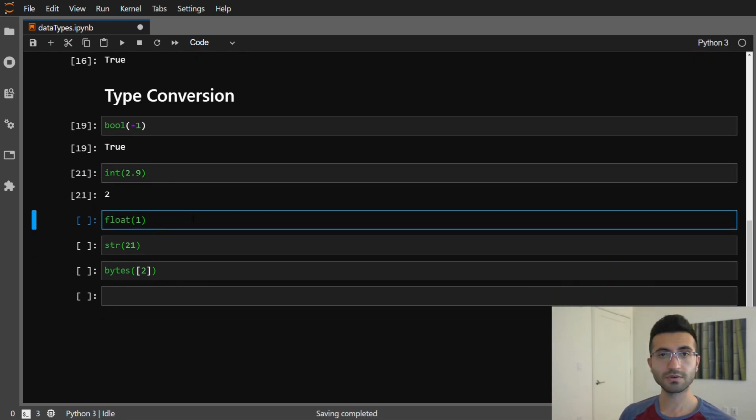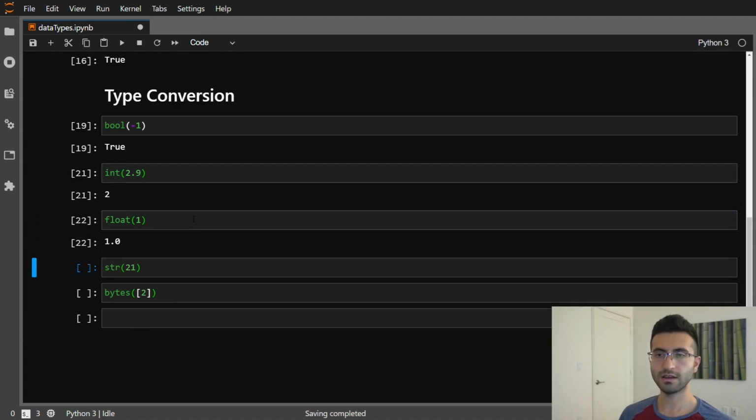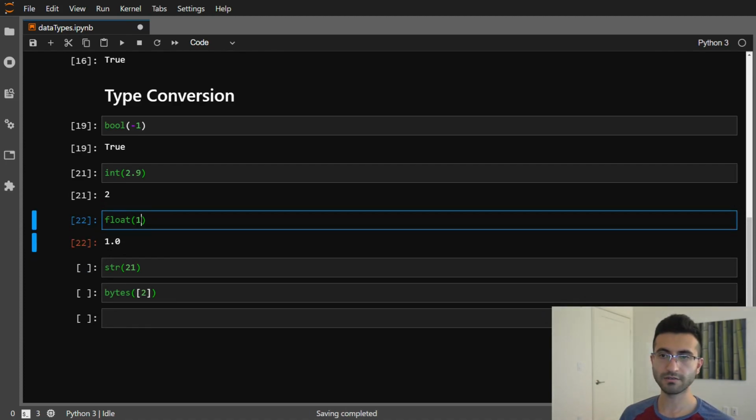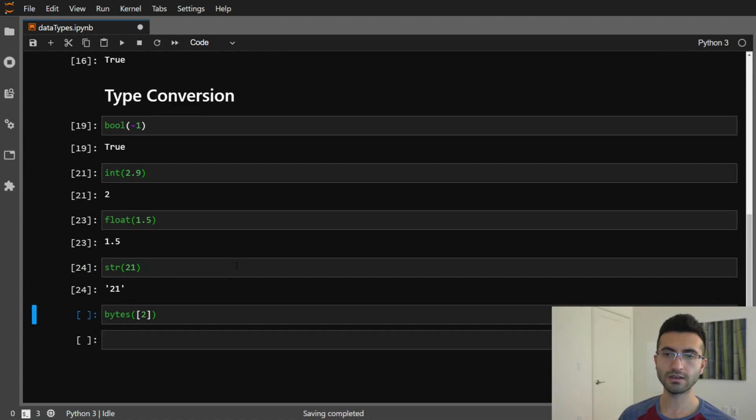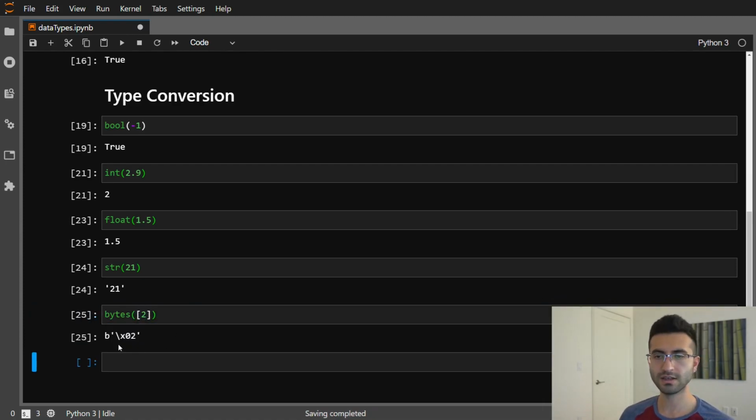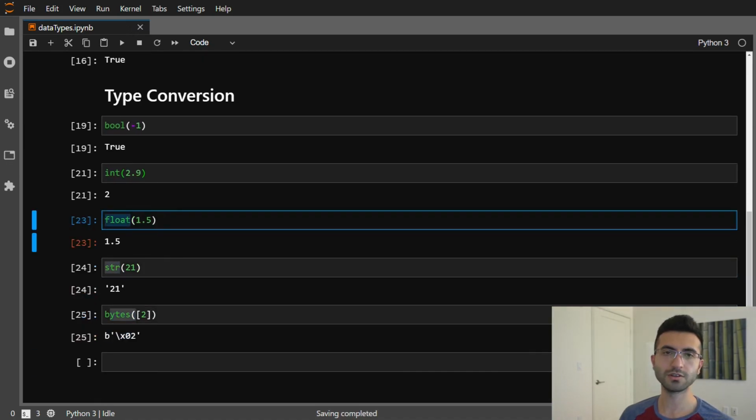Float does exactly what you think it does. It changes an integer or anything that I have. So if I had a float, it would just do nothing. It would just return that float. String changes anything that you give it to a string, and bytes, which is something I used up there, changes this series that I have into a series of bytes. And if this notation doesn't make a whole lot of sense, don't worry too much about it for now. As long as you know that we are doing type conversion here, you should be good